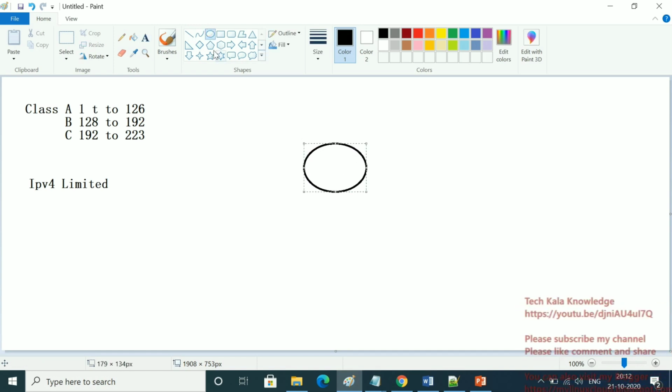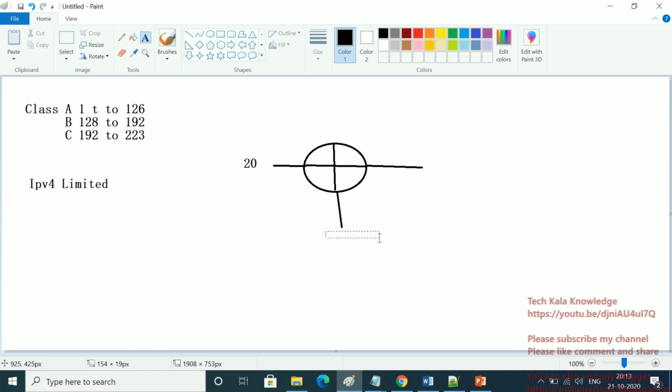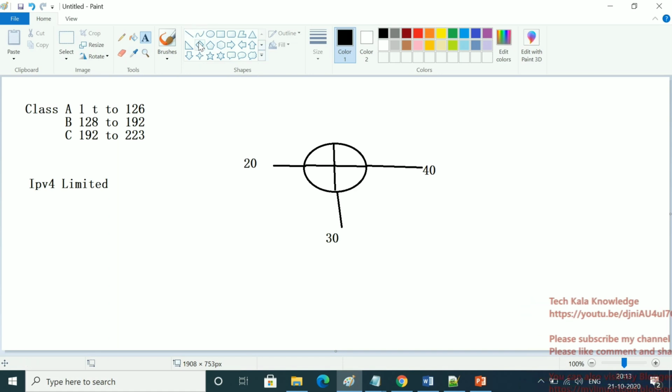On this router we connect here 20 servers, here for example 30 servers, and here for example 40 servers.